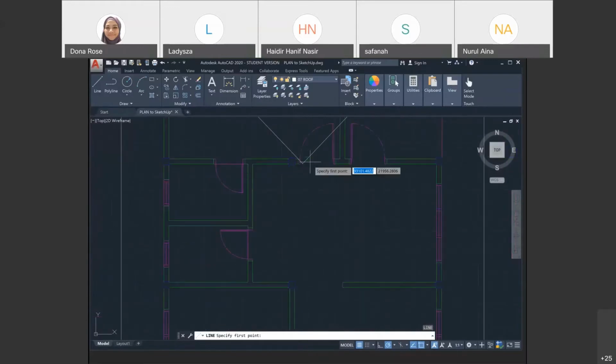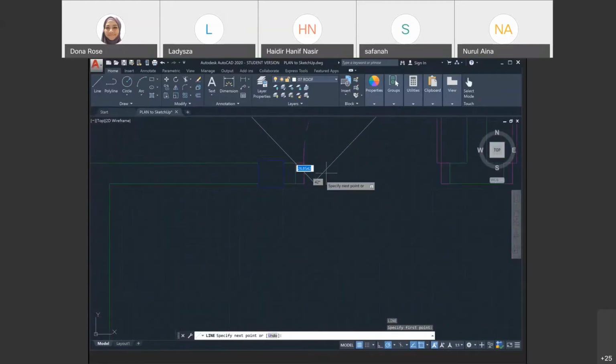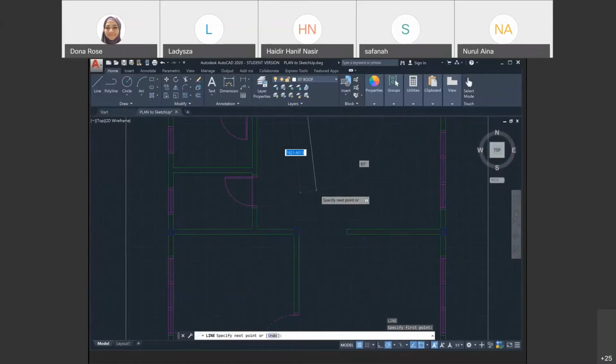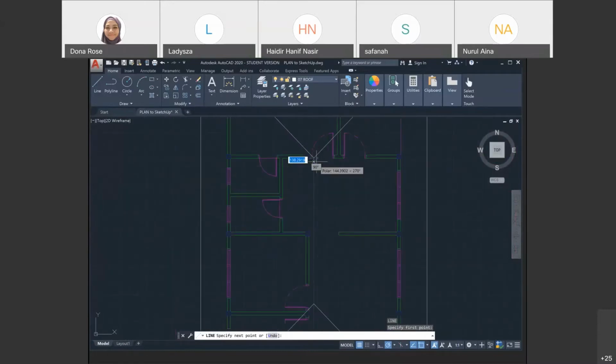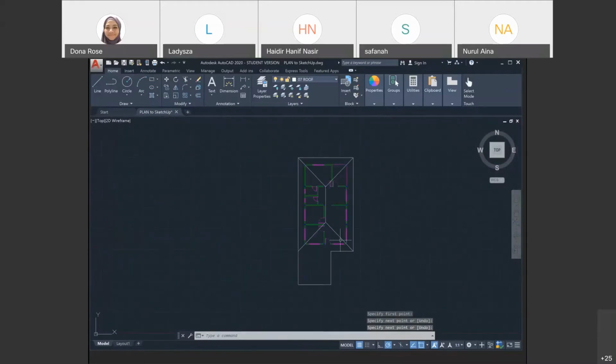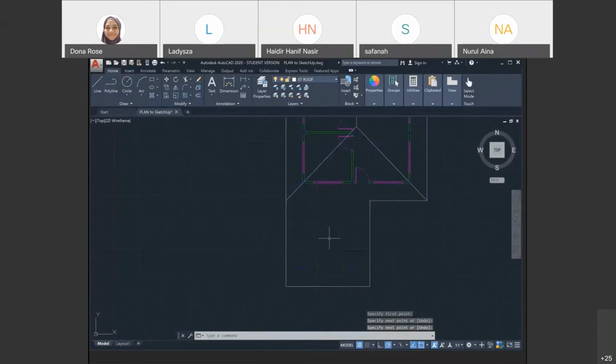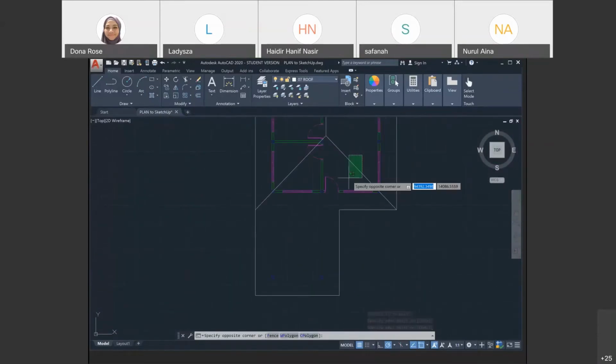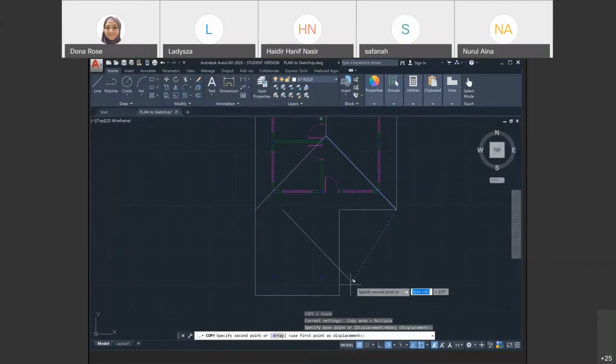Then you have to draw a line from the hip to this one. Okay, then you have this, and then in the front part, get another 45 degree line here. Copy, put it here, and then the other one, copy, put it here. So this one you trim,